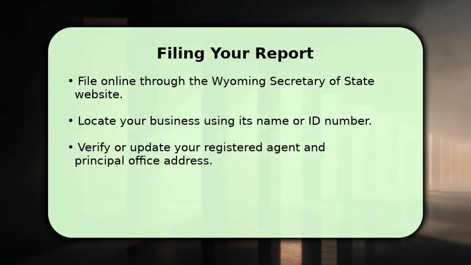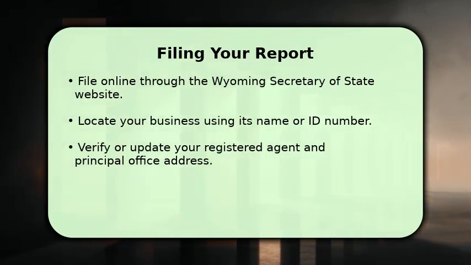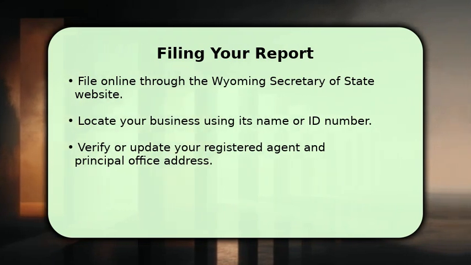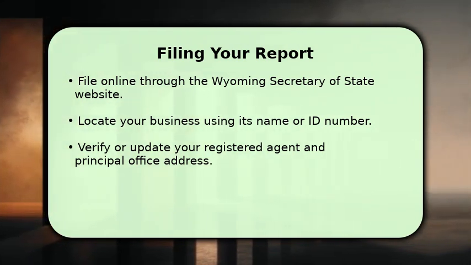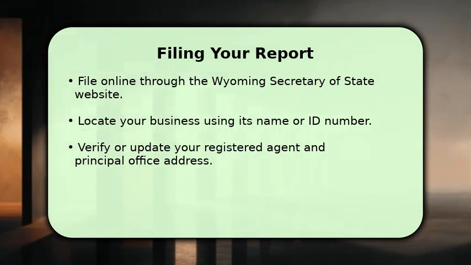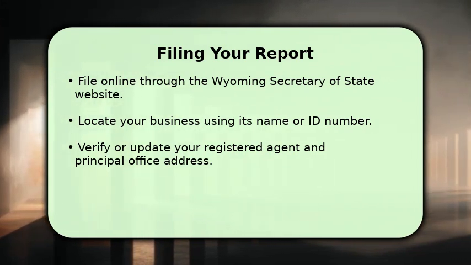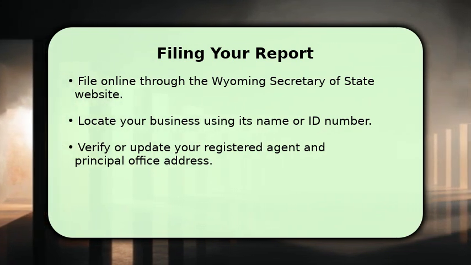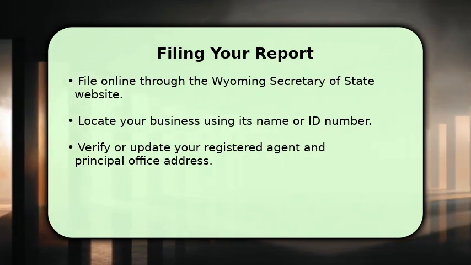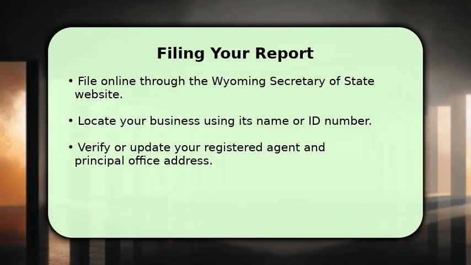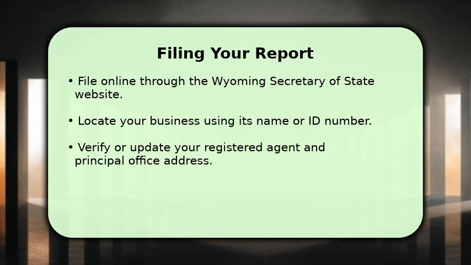The easiest way to file is online through the Wyoming Secretary of State's website. Navigate to the Business Services section and find the Annual Report Filing portal. You'll need to locate your business using its name or the Secretary of State ID number. Carefully review and update your registered agent information and principal office address to ensure all details are current and accurate